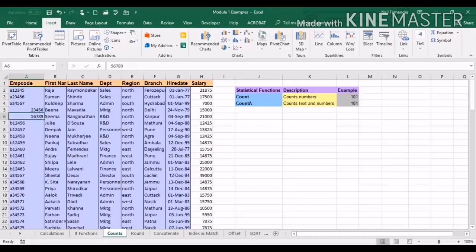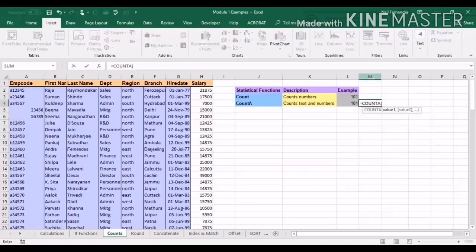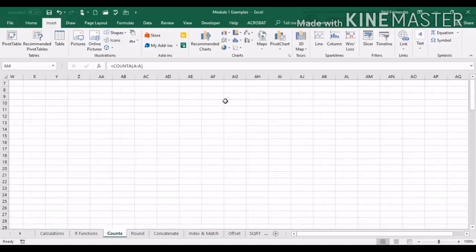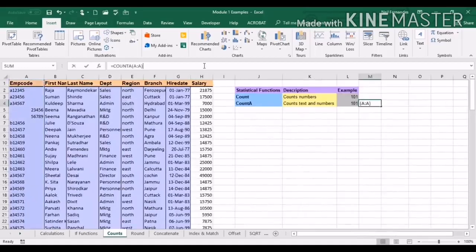So just to see whether a COUNTA function works with the numbers and characters, we will do a COUNTA function again and open the parenthesis. This time we will use the employee code as our count range, which is A to A. Close the bracket, press enter. Again, it will give me 102. Why? Again, the same reason, because it is taking the heading also in the count. So again, we'll just have to do a -1 to get the correct answer. So just remember this, why we are going to do the -1 is when the COUNTA function also counts the heading, and we don't want that heading to be counted. We will use -1 to get your answer.